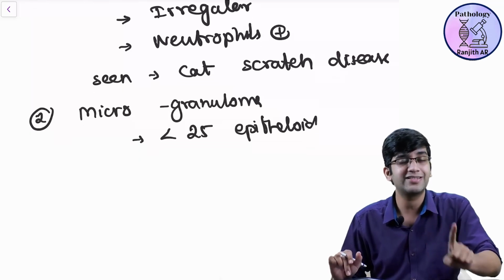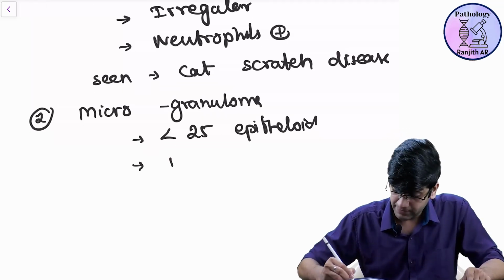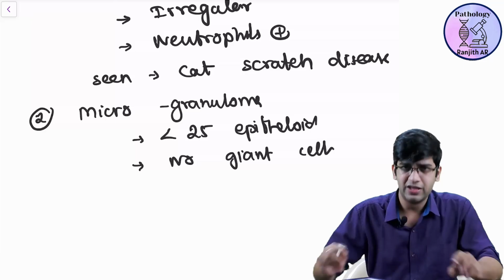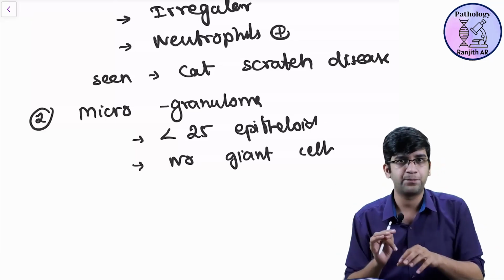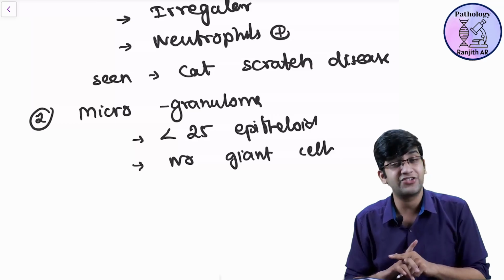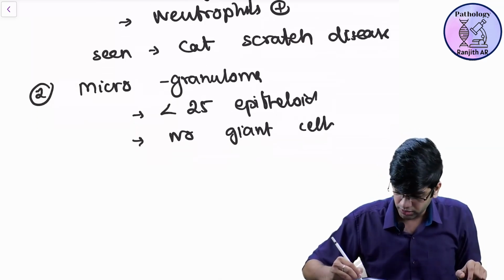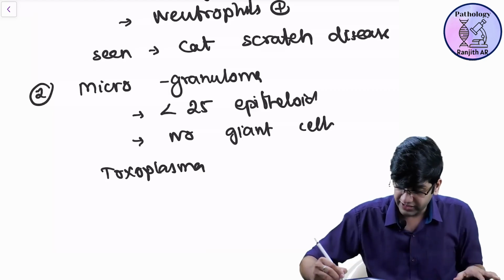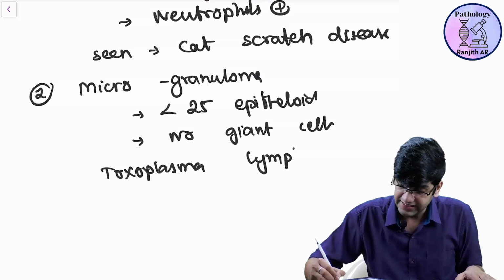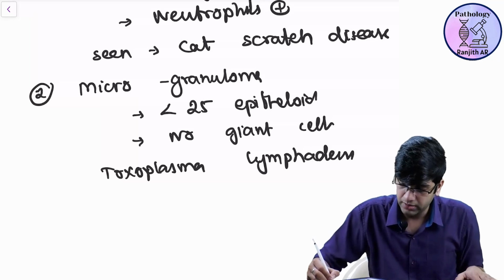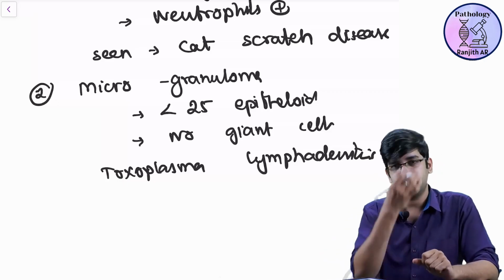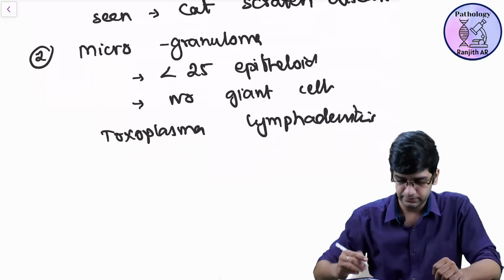The most important thing is there should be no giant cells. There will be no giant cells at all. In other words, epithelioid cell clusters here and there. It's very common and is diagnostic of a condition called Toxoplasma lymphadenitis. When Toxoplasma lymphadenitis is there, this finding is very, very important. Okay? In Toxoplasma lymphadenitis, microgranuloma is a very important finding. Fine? That's the second. Third,